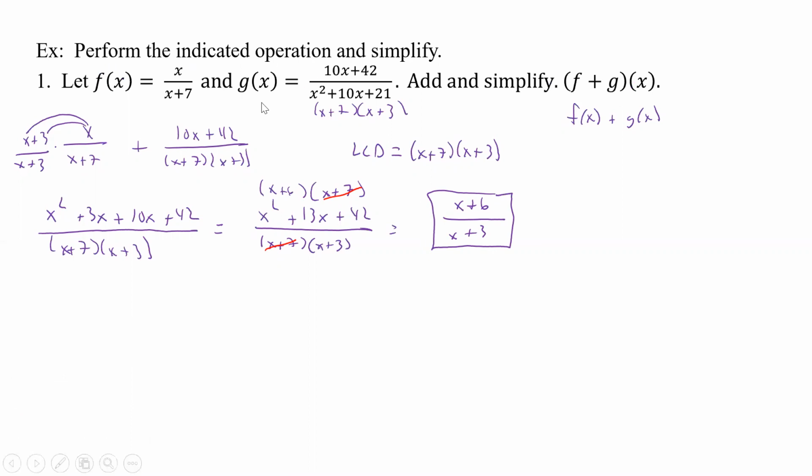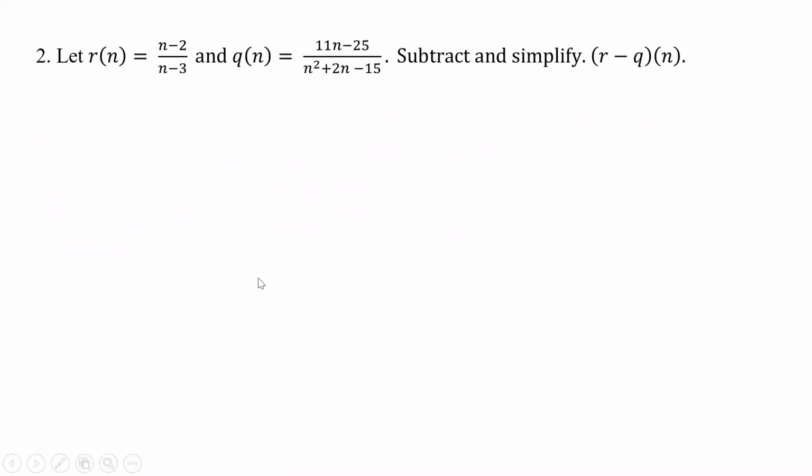Okay. Now if we did adding here, well, guess what? We're going to do subtraction too. Now we have r and q. And so again, this means we're just going to take r of n minus q of n. And so we have r of n, we have q of n, so we're just going to take n minus 2 over n minus 3